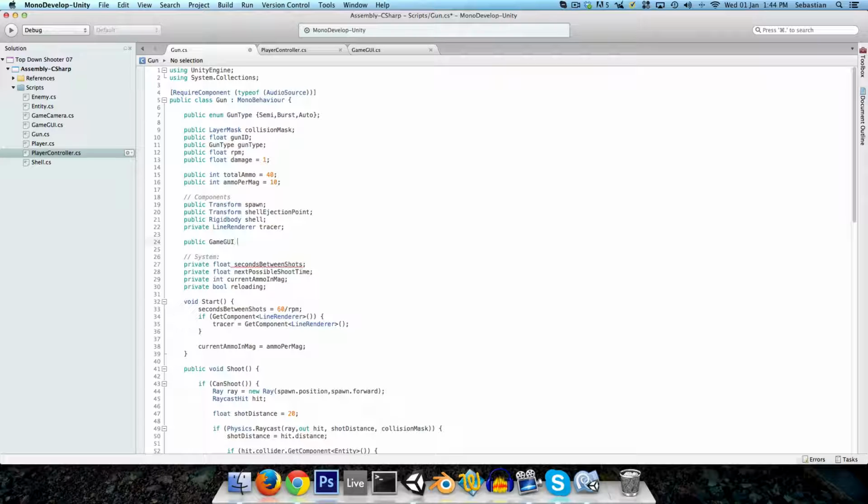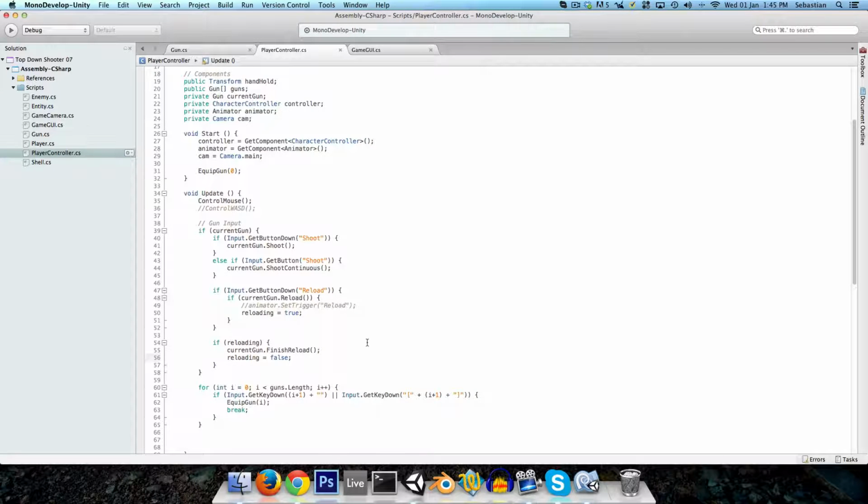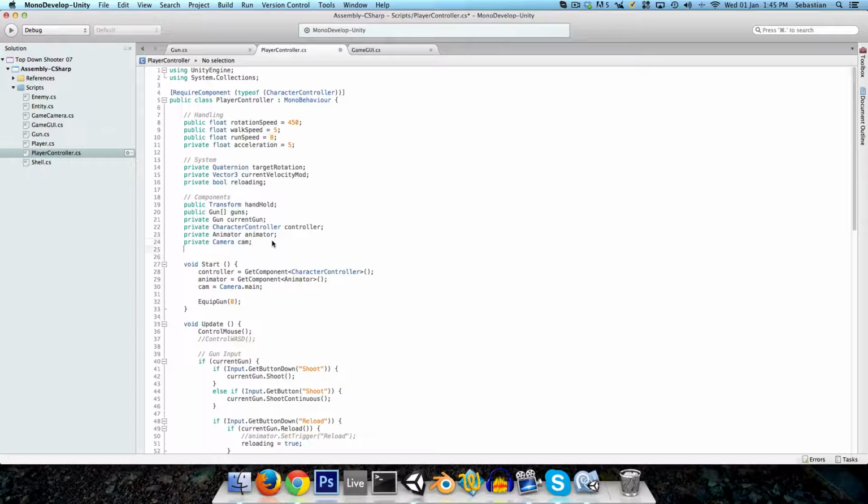A public game GUI here, which we can just call GUI, and I'm going to add the tag hide in inspector. So that's just hide in inspector in square brackets, which, even though this is public, will make it so that it doesn't appear in our inspector view. And we'll set this variable not from the start method like we usually do with getComponent, etc., but rather from the player controller class. So we need a reference to the game GUI here as well, private game GUI,